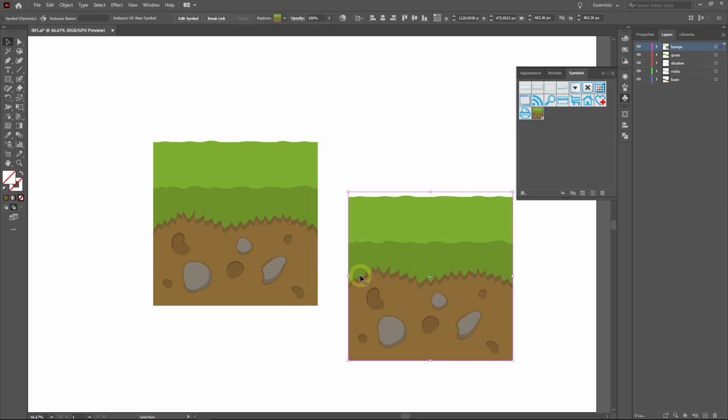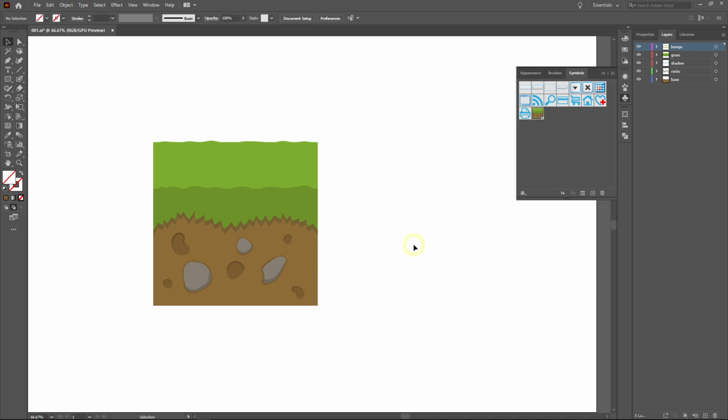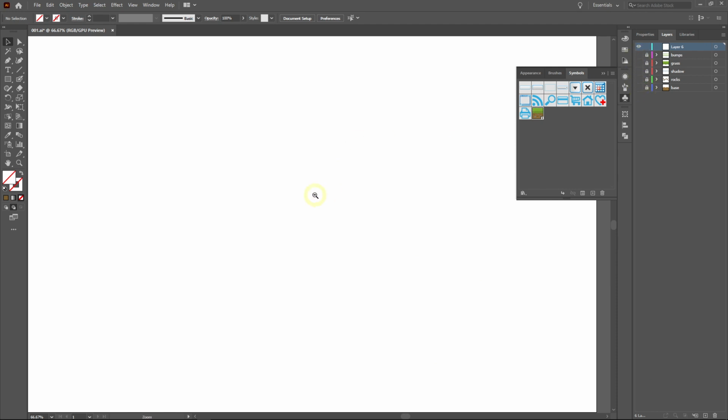Click OK here. And now we have a new symbol object. We can see that this object is already listed in the Symbols panel. Because it is now stored as a symbol, we can safely delete this object. To test this symbol, we can use a new layer. Position it so that it is on top. We can hide the other layers first, so they don't get in the way.